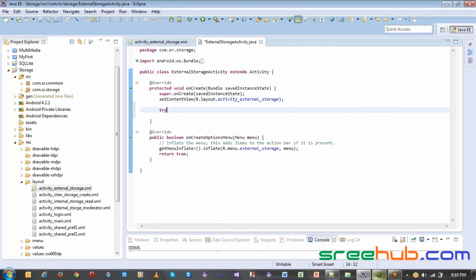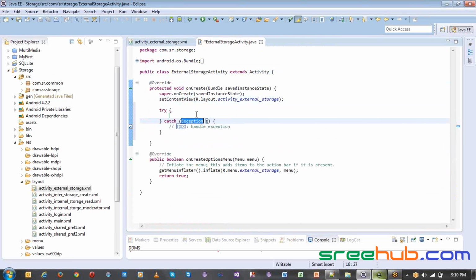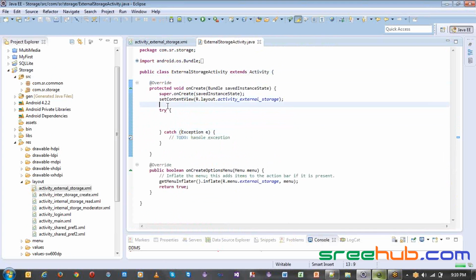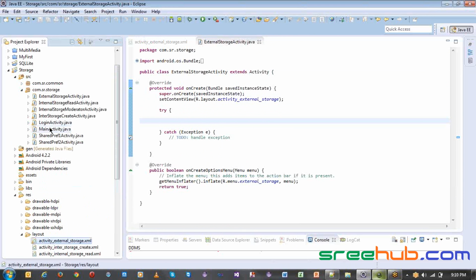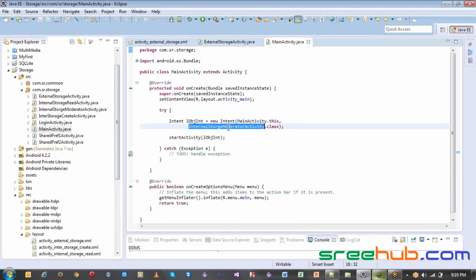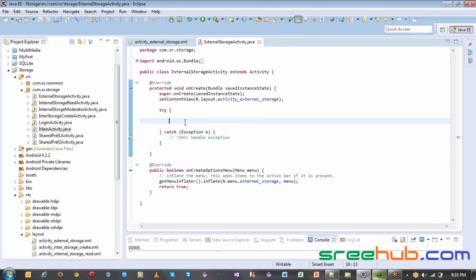Sorry. So you have try catch. Now basically what we'll do here is, first let's go to the main activity and make it the external storage activity. Let's make this the startup layout. Now here let's take all the buttons whatever we have created. Let me call it LBTN, let's say extern check,